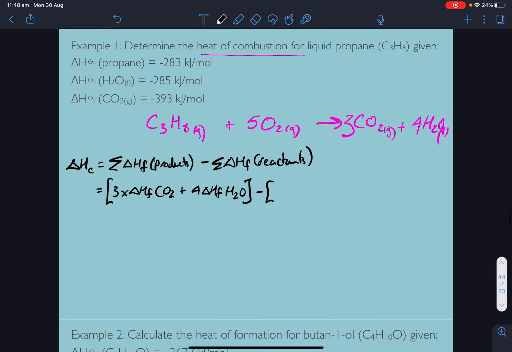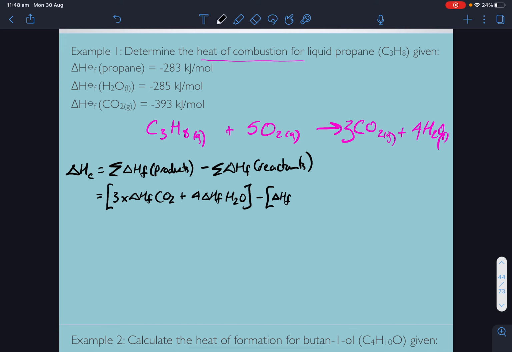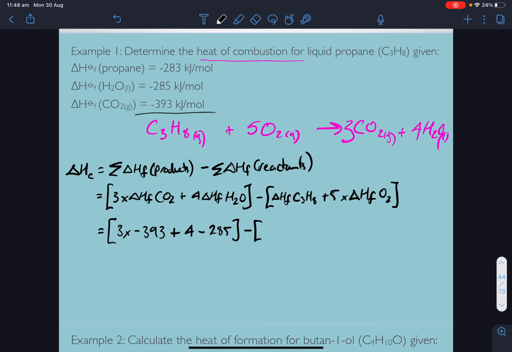Well, I've got 1 times my propane, so the heat of formation of C3H8, plus 5 times the heat of formation of oxygen. Okay, let's start subbing in values and thinking about it. So we've got 3 times the heat of formation of CO2, it's given up here, negative 393 kilojoules per mole. And we've got 4 times the heat of formation of water, which is negative 285 kilojoules per mole, minus the heat of formation of propane, which is negative 283,